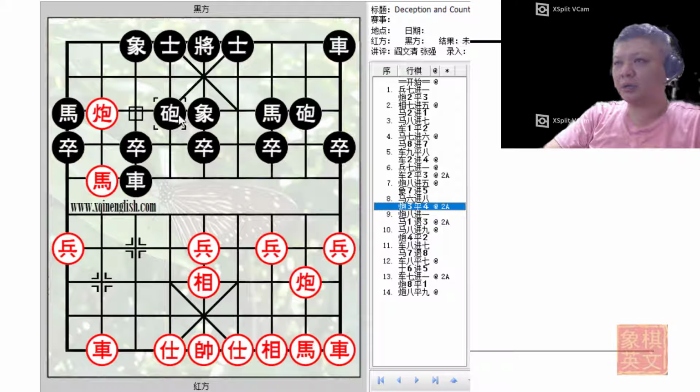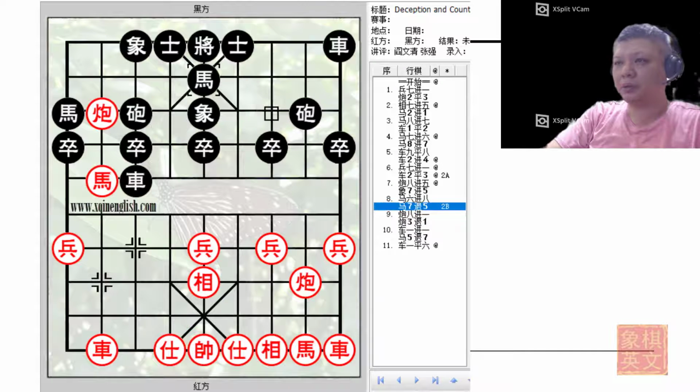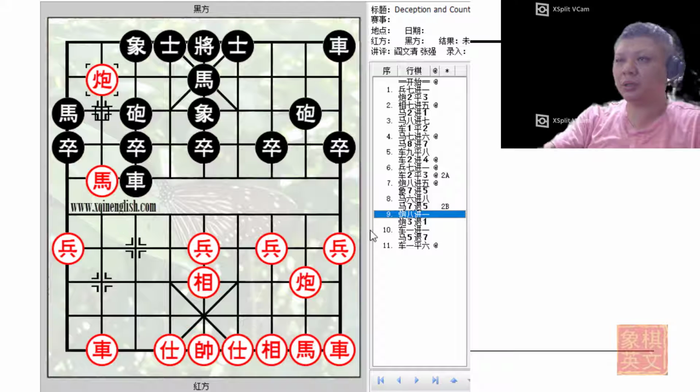and forcing the cannon away. Now, it would not be a good idea to try to protect this cannon by retreating the horse, because this cannon will be up to more mischief. By advancing one intersection, the elephant will be blocked, and now red will still be able to threaten to capture